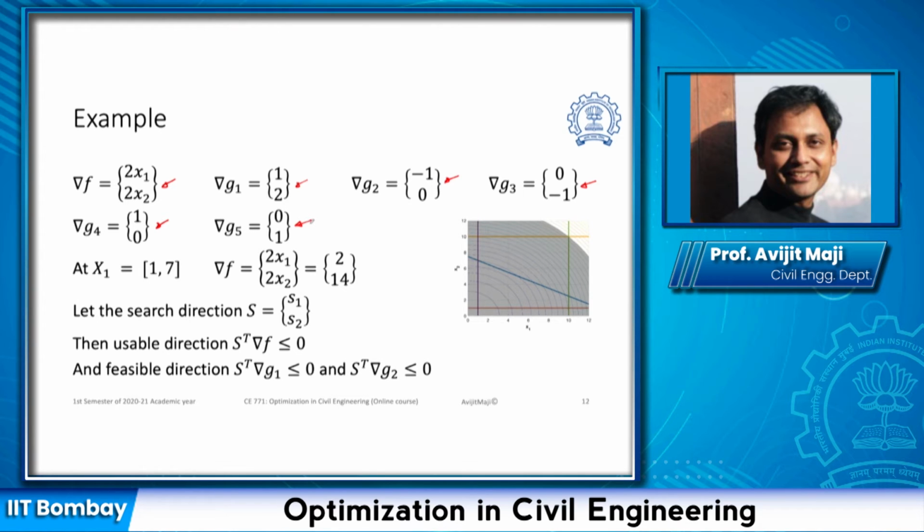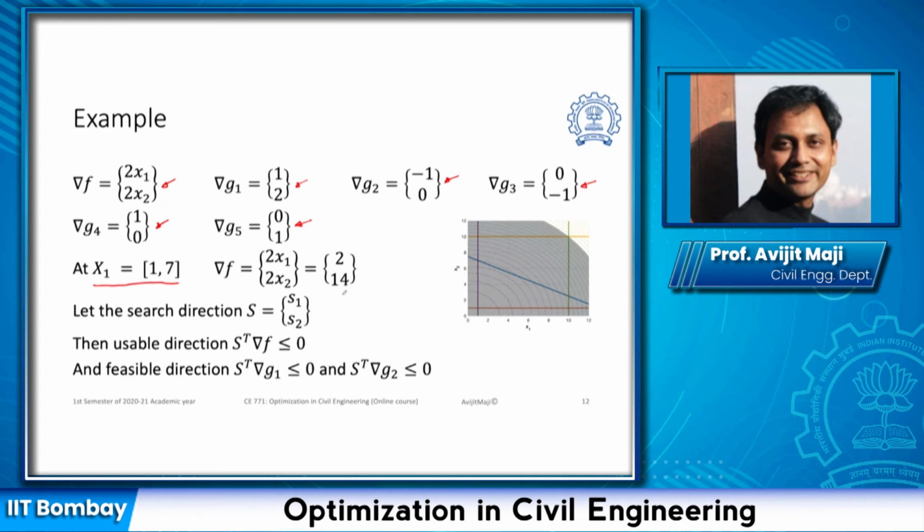Then, as I said, we have 4 points A, B, C, D. If we consider XA as the first point and represent it as X1, and we want to see if we can find a feasible direction to move or not, then we need to find out the gradient value of the objective function at that point,